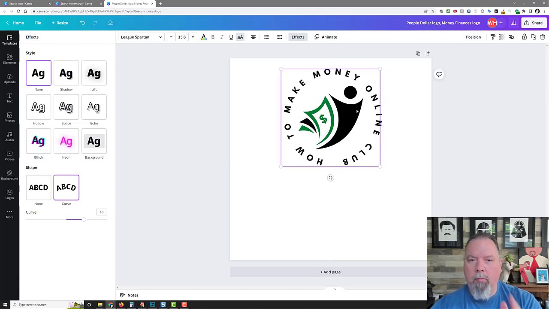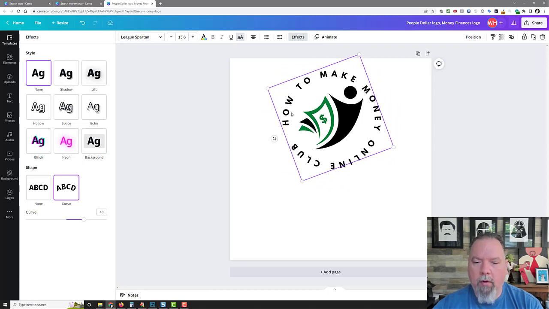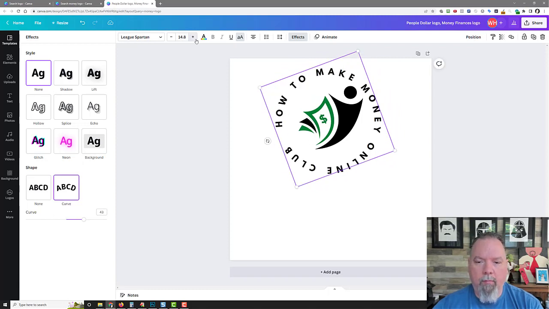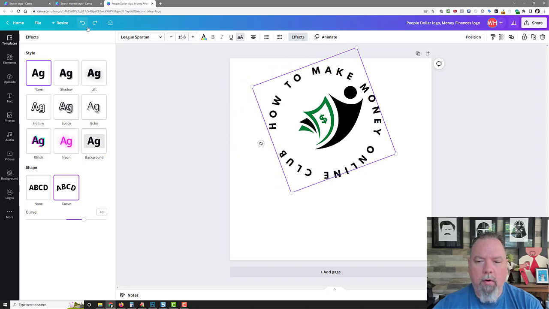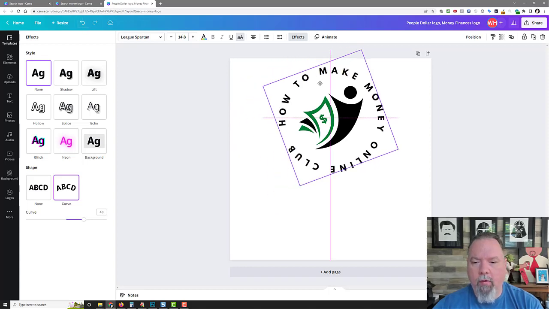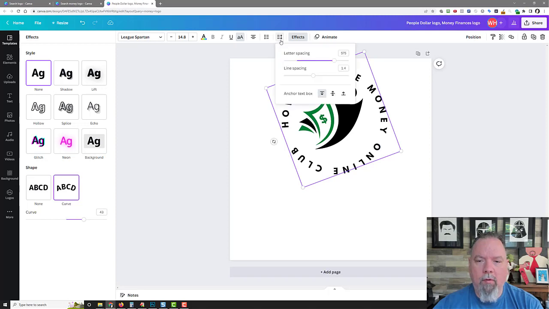But now you can see when people read, they read from left to right. So what I want to do is rotate that. So I can go how to make money online club. And then I could even increase the font size if I wanted. Or I could reduce it, or just hit undo and you can undo it. And you might think, okay, well, that looks good, but the letter spacing is a little bit off. So then what I want to do is go here to this little thing, spacing, and I can bring the letters closer together, like so. Or I could bring them further apart,